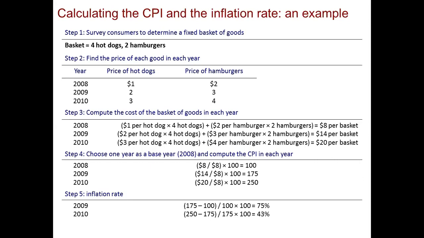Okay? So again, what do I do if I want to get the CPI? First I get the market basket, which is price times quantity, and I add it for each product. That is, the price of hot dogs times the quantity plus the price of burgers times the quantity, and so on. Then I get the CPI, which is the market basket of the current year divided by the market basket of the base year times 100. Then I get the inflation rate as the percentage change in CPI.